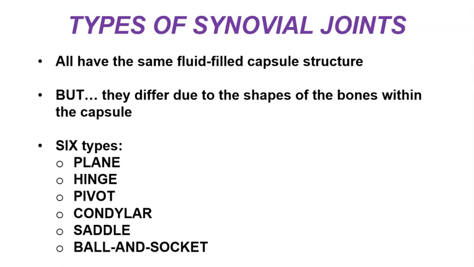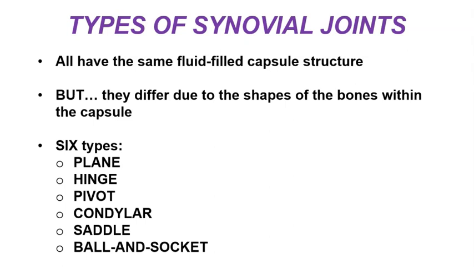All of these synovial joints consist of the same fluid-filled capsule structure that we've seen in earlier segments of this lecture. However, they differ due to the shapes of the articulating surfaces of the bones that are found within that synovial joint capsule. There are 6 types of synovial joints that we'll examine, and these synovial joints all differ because of the shapes of the bones that are within that capsule. We'll have the plane joints, the hinge joints, the pivot joints, the condylar joints, the saddle joints, and finally the